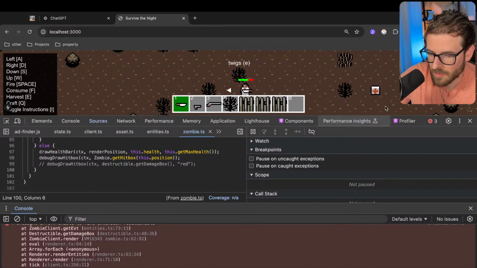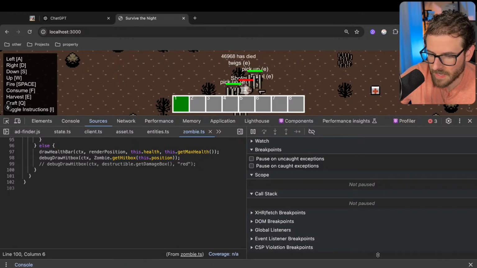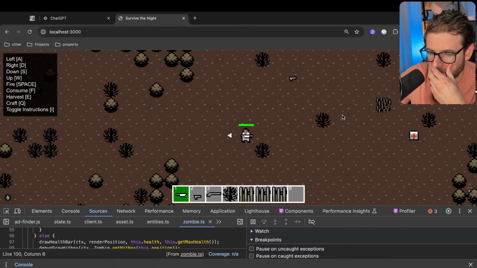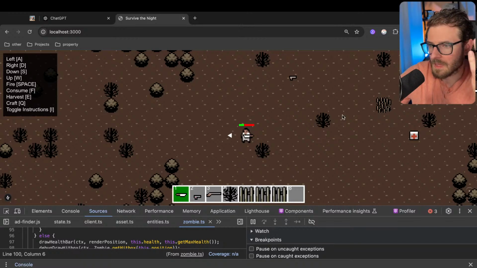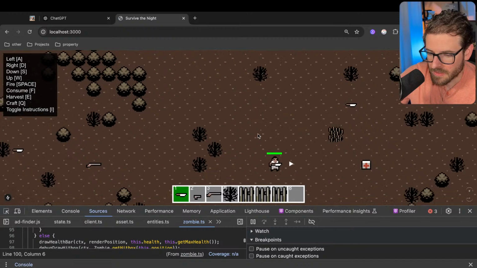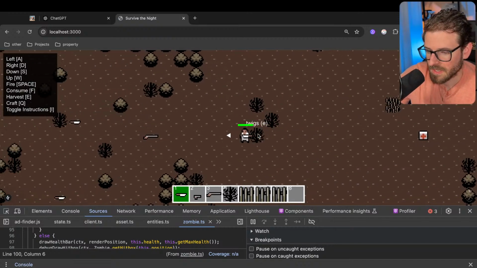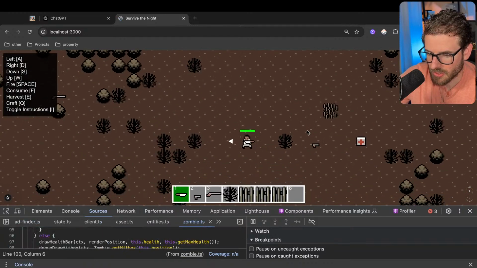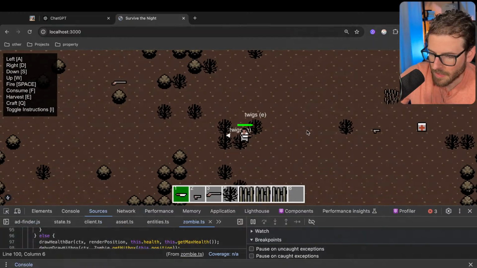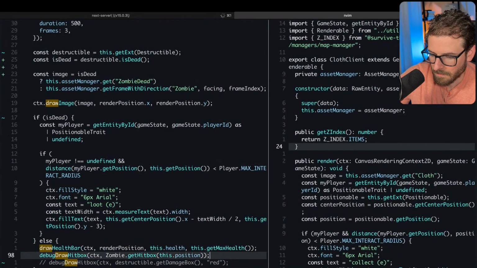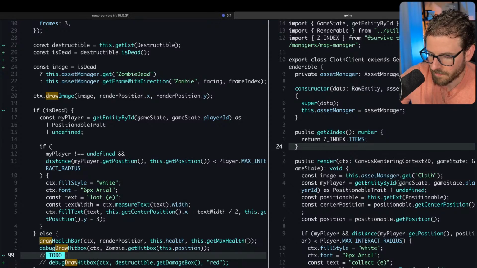There, the game is somewhat working. The zombie's not visible. In fact, he's invisible. And he killed me, but yeah, we just did that refactoring. Everything's working, other than why can't we see the zombie? It's probably still getting the wrong image. Or it's drawing the image at the wrong location, which is a possibility. So if we were to go back, in fact, let me, I'll say to do, add this back in.